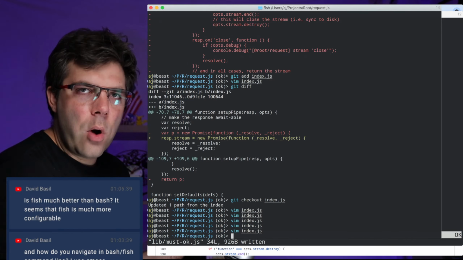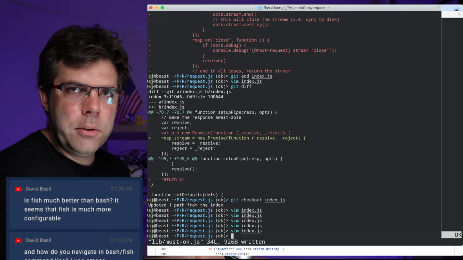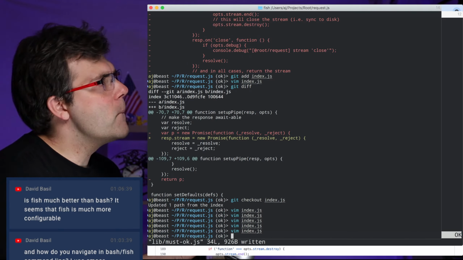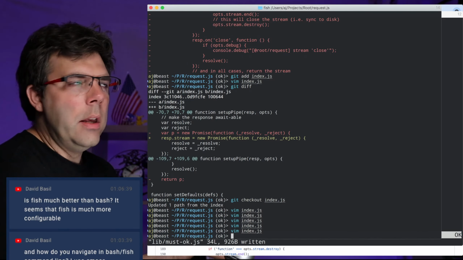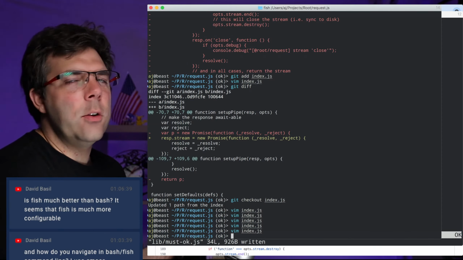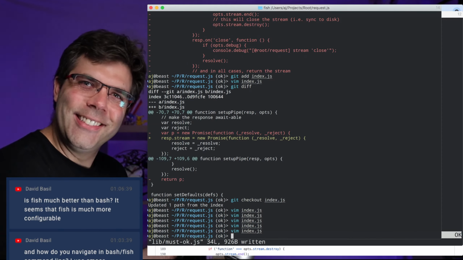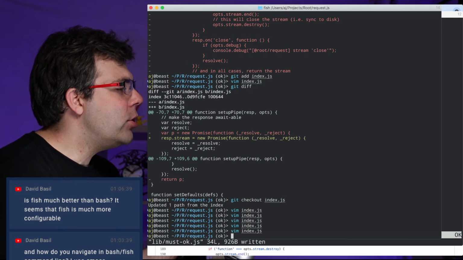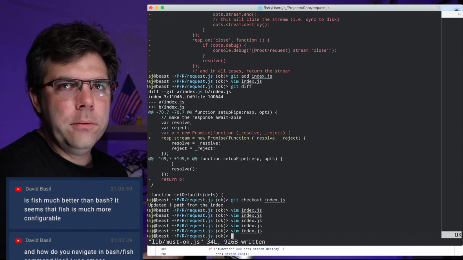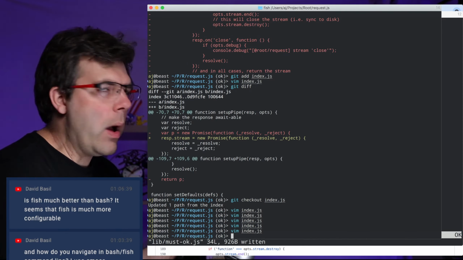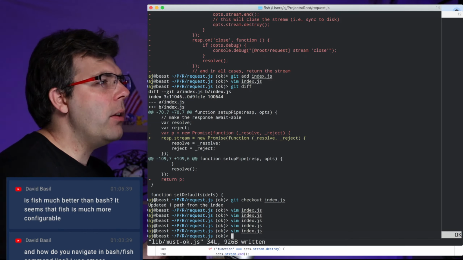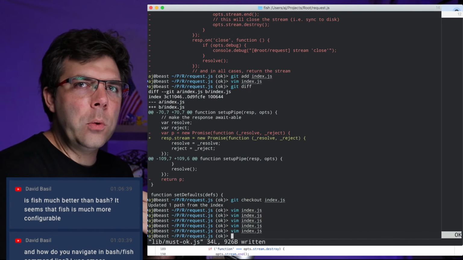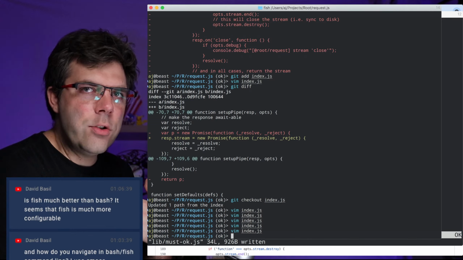Bash is not a good prompt. It is an excellent script. Well, excellence may be a strong word. It's the tool that we have that works everywhere. Fish just does everything right by default. Fish does everything that I want well by default. And that's another thing that I optimize for. I optimize for tools that don't need configuration, that behave the way that I like,